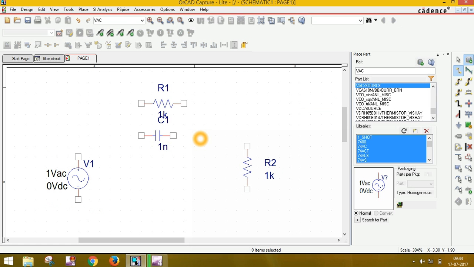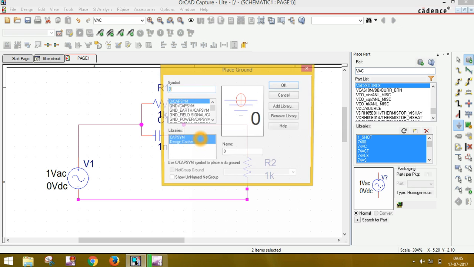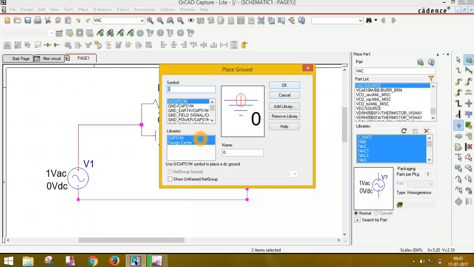Let us first connect this in parallel according to our circuit. And one another thing, don't forget to place this.